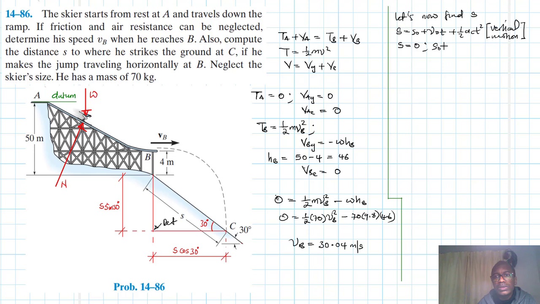Then S naught is equal to 4 plus S sine 30, and AC is equal to minus 9.81. V naught is equal to 0, because the jump is horizontal. In the vertical direction we don't have any initial velocity. So we'll have 0 equal to 4 plus S sine 30